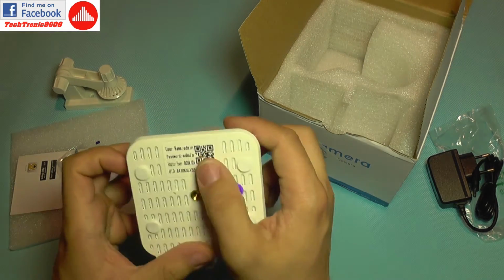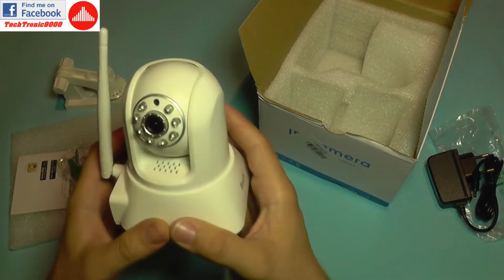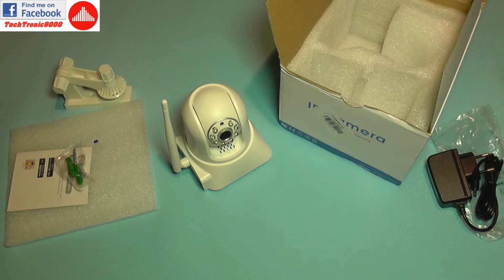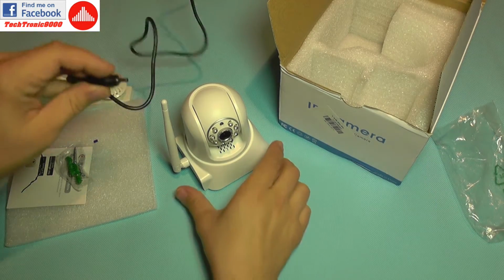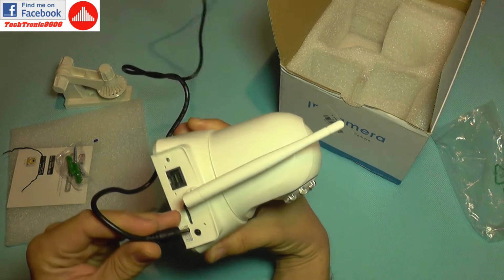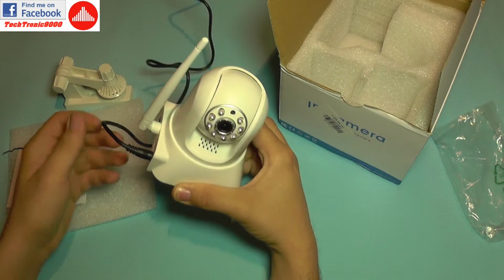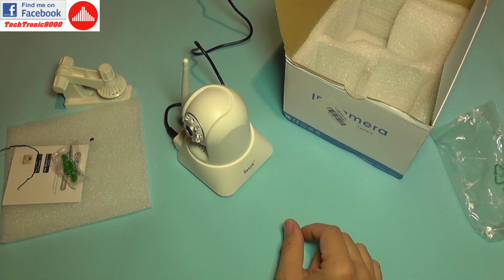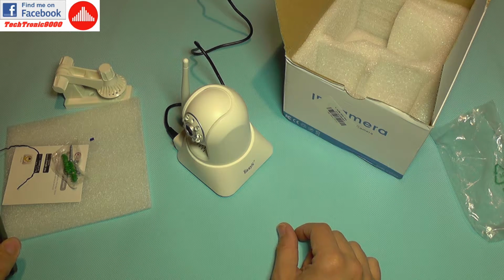To set up, you just need to scan this QR code and enter the default settings. So we are just going to do that. First I'm going to power it on, and the power adapter has been plugged into the outlet, and I'm going to connect power to the camera. I'm just going to let it settle for a bit of time. It should take a bit to initialize,